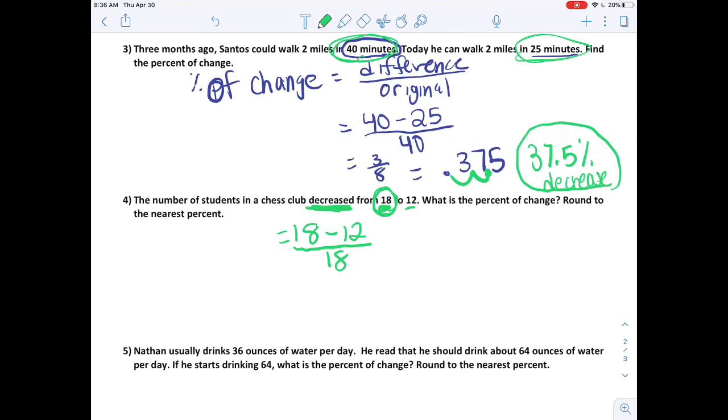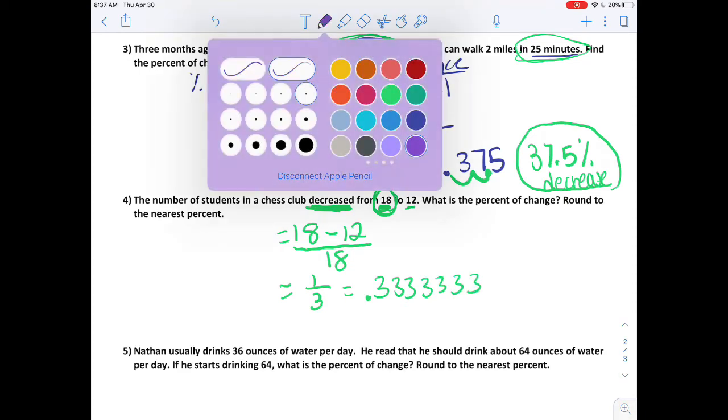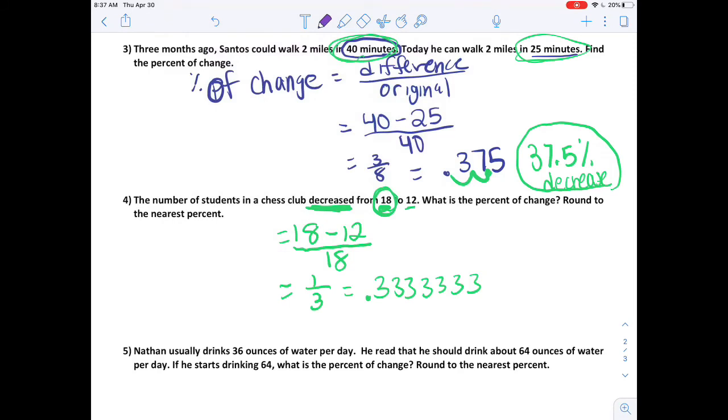Okay, plug that in your calculator. Alpha y equals 18 minus 12 divided by 18. Again, you get another fraction, 1/3. Put that as a decimal in your calculator. You should get 0.33333333. Okay, so when I want to change this to a percentage, I'm going to move my decimal 2 spots